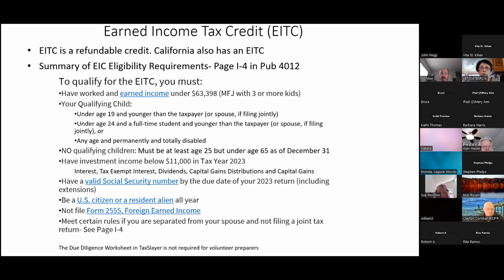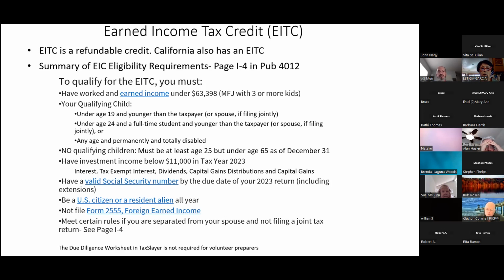If you have a lot of income and you meet all the rules, you're going to get a little bit of EITC. And then that normal distribution curve in the middle, a lot of people are going to get the maximum EITC because perhaps they've got earned income. And of course, AGI also figures in, of maybe $20,000. And again, this is a very, very large credit. It's a refundable credit. And a lot of people come to the VITA site to get EITC.